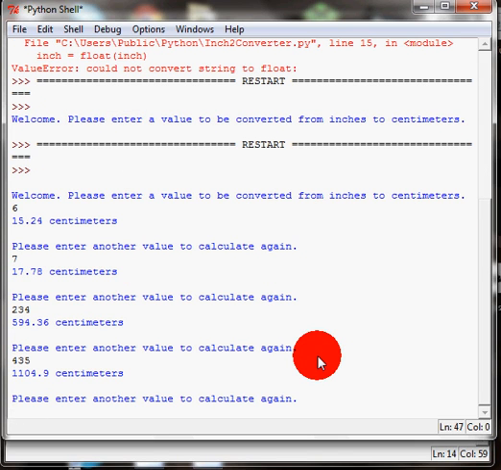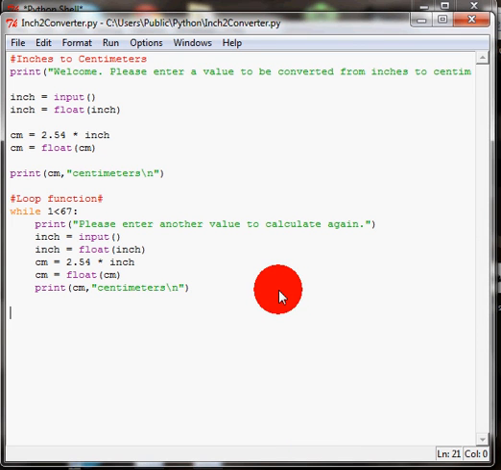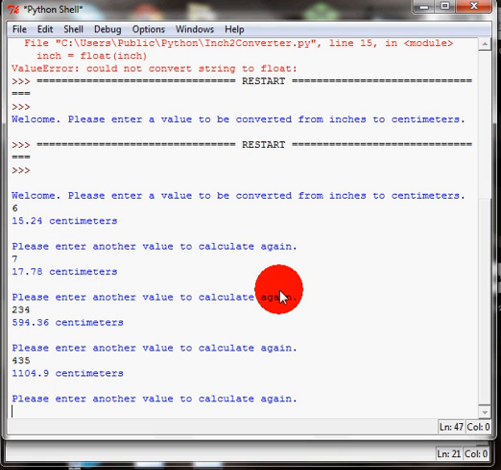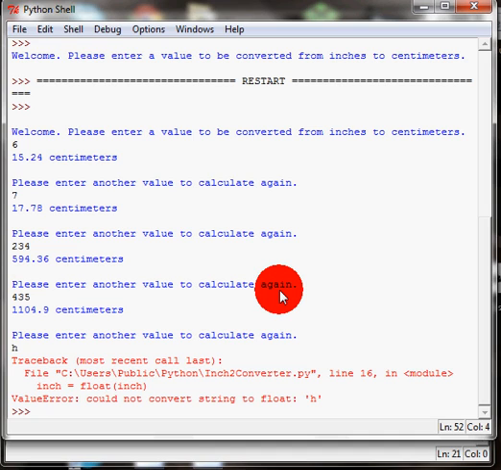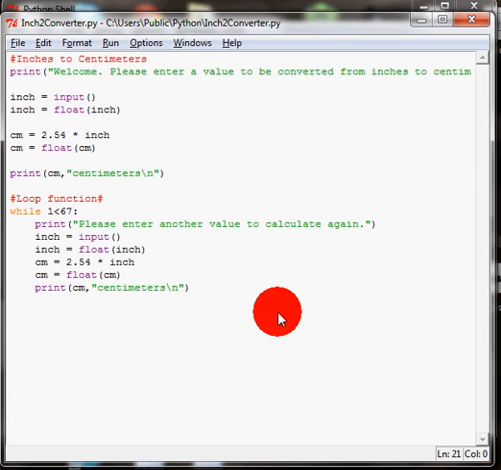So, as some of you may have noticed if you actually tried this out, whenever you type in, let's say, h, it's going to give you a value error right here. It'll say inch equals float inch. That's where the error is, and value error could not convert string to float h. So, what we're going to do is write a function that addresses this value error, and it's called the try